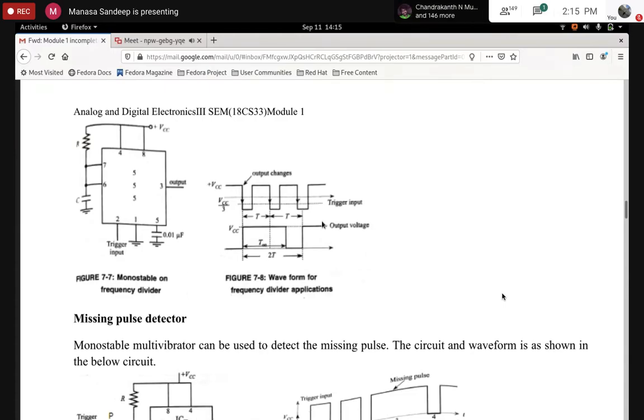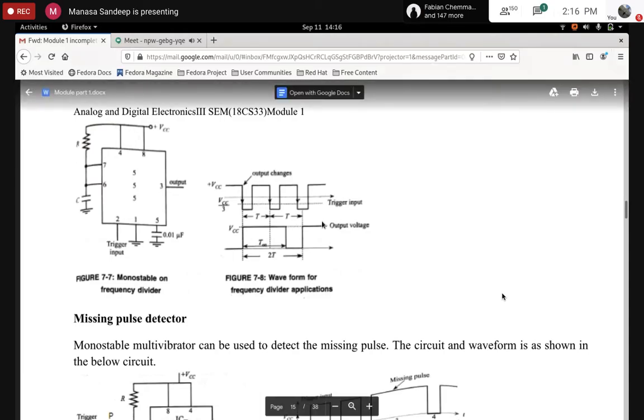second negative going trigger. Once it neglects that negative going trigger, it remains in t on only. So the frequency gets divided by 2, whereas the time period will increase by t. The next time it will go on is when the next negative going trigger comes. Got it? Okay, so guys, any doubts here?